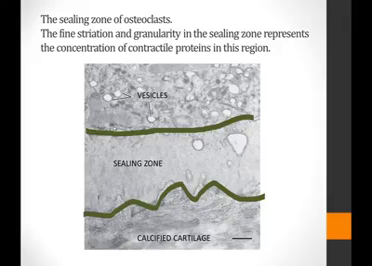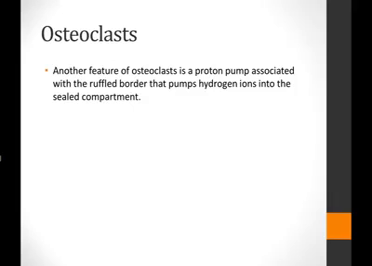तो अगर इस sealing zone में आप और से देखें तो there are fine striations and granularities in the sealing zone, and these represent the concentration of contractile proteins within this region. ठीक है? So sealing zone has different mechanisms that help it in the attachment with the bone surface. उसके अलावा